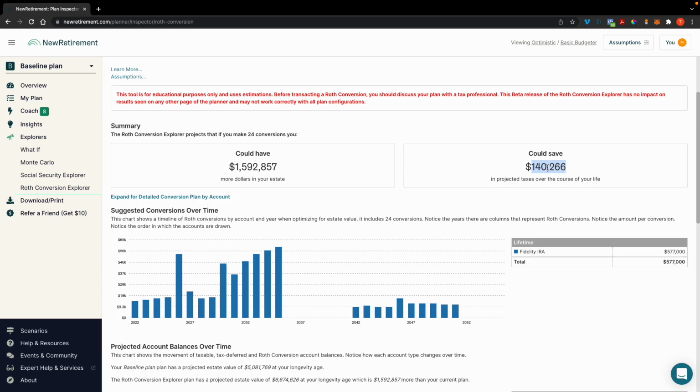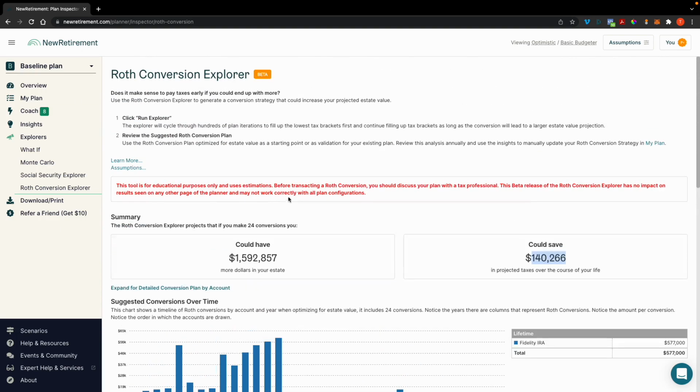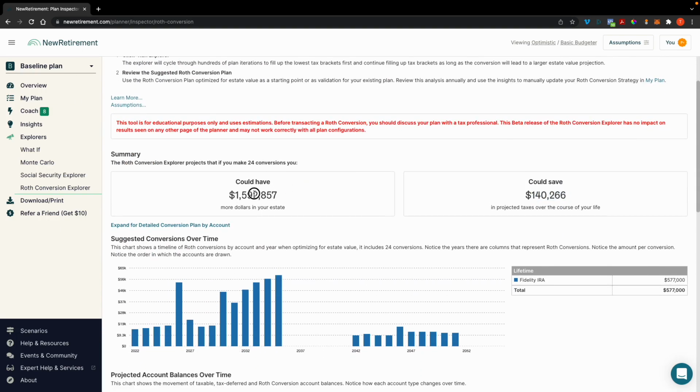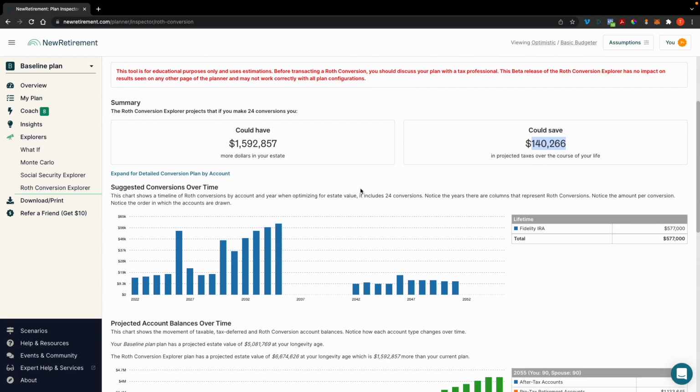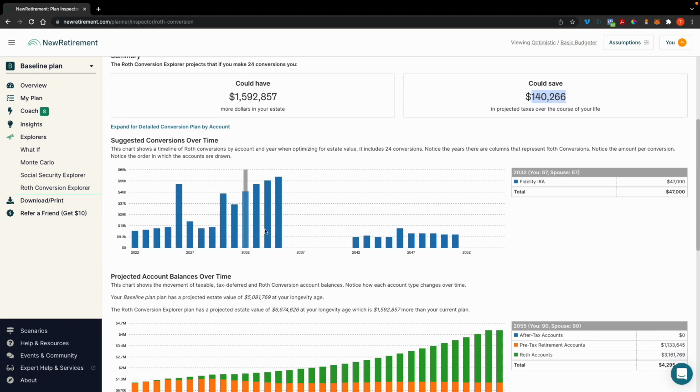Some people might say yes, some people might say no. But if you do see something when you run the calculation within the Roth Conversion Explorer, and you see this higher, call it six figures plus, that is pretty substantial in most situations. In this one, you could say multiple five figures plus is pretty substantial in most situations. It might be worthwhile to start testing how much you should convert over time.